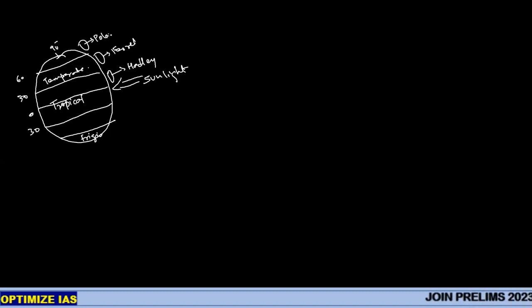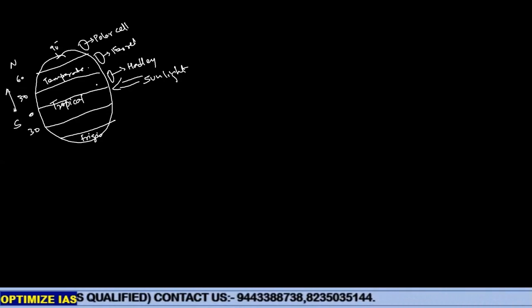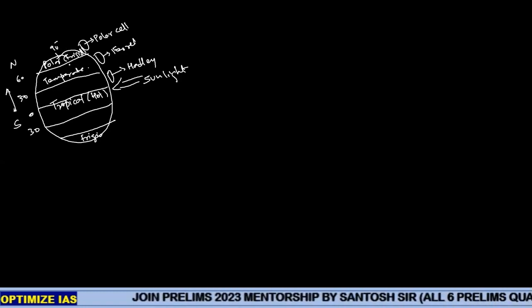So there exists a north-south atmospheric cycle, which you already know, called the Hadley cell in the tropical areas, the Ferrel cell in the mid-latitude temperate areas, and the polar cell in the higher latitudes. These cycles operate in the north-south direction, and this arises due to differential heating of the latitudes. Tropical is the hot area, polar is the frigid, colder region, and temperate is a mid temperature. That's why you have 3 atmospheric cells.